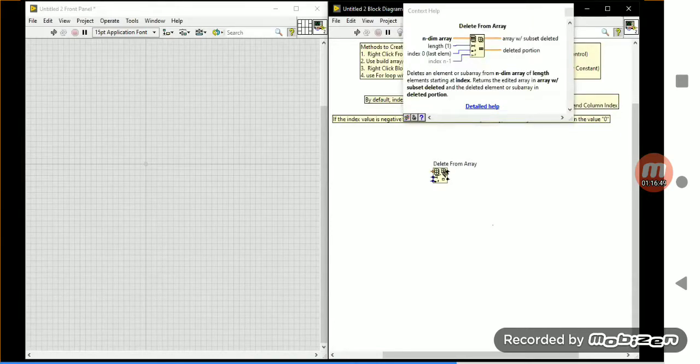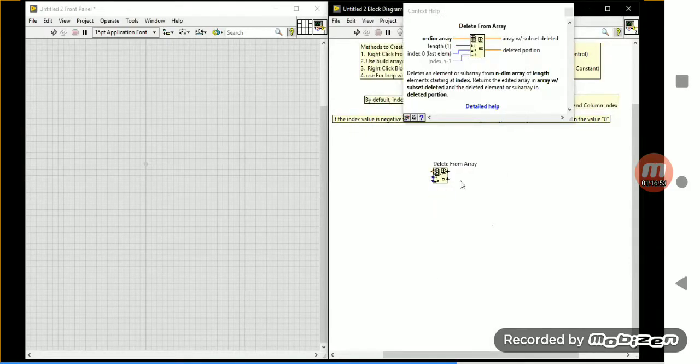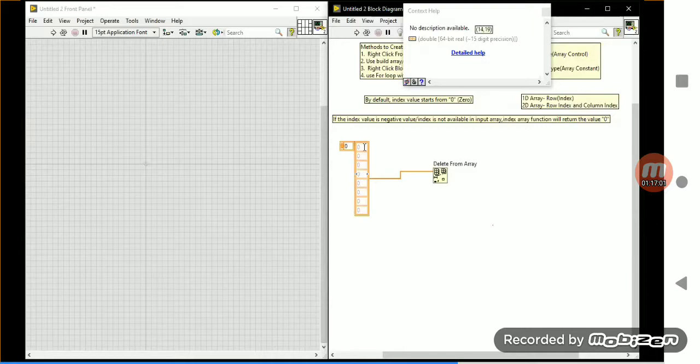You can see the help window and then tell the answer. I am going to connect a one-dimension array, a constant, and I am providing some input over there.